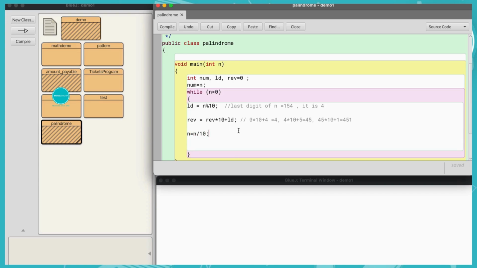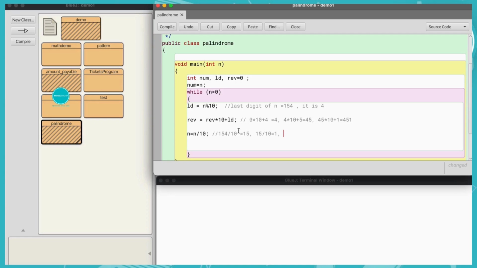After the first iteration, 154 divided by 10 will give me 15. So now my number becomes 15. In the next iteration, I'll divide this 15 by 10 and it will become 1. In the next iteration, 1 divided by 10 will become 0.